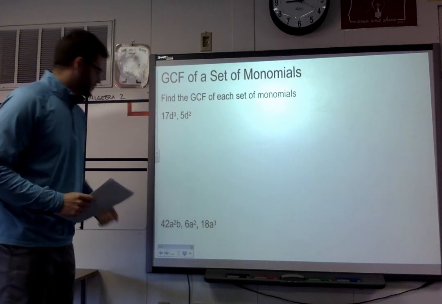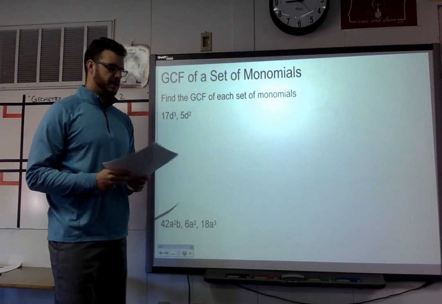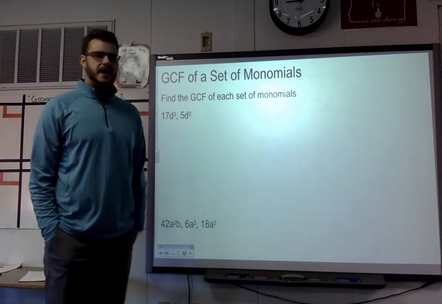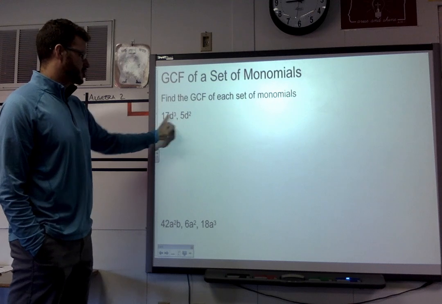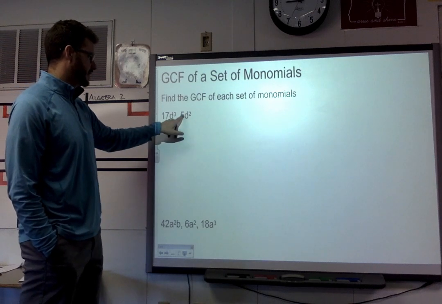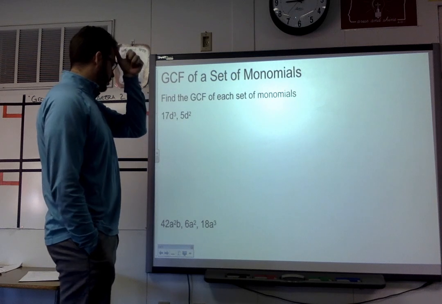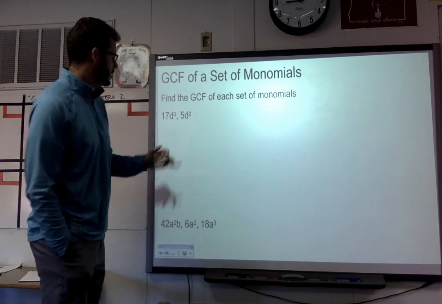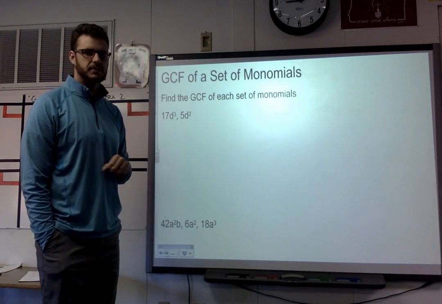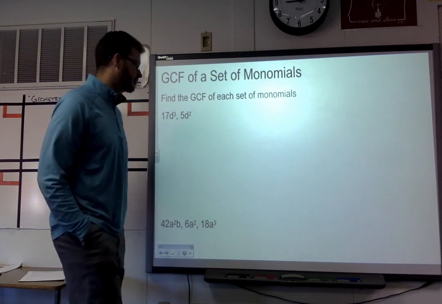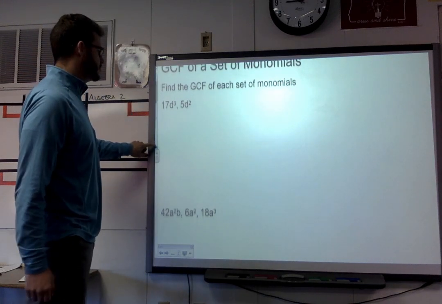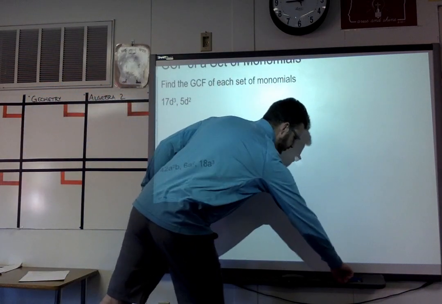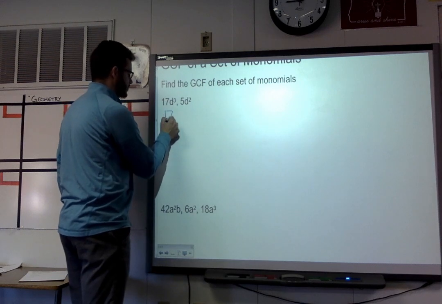So then the next thing we're going to do is the greatest common factor of a set of monomials. So in order to find the greatest common factor of a set of monomials, here we have 2 monomials, 17d cubed and 5d squared. So in order to find the greatest common factor between these two, which again is the largest number that is a factor of both of these monomials, or can be multiplied into both of those monomials, I need to write out the factored form or the prime factorization of each one. So I have 17d